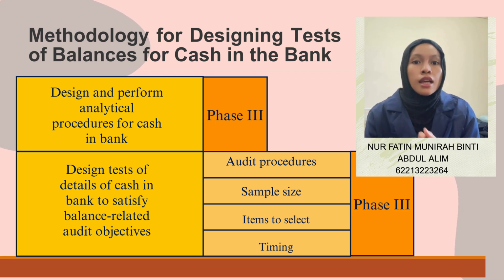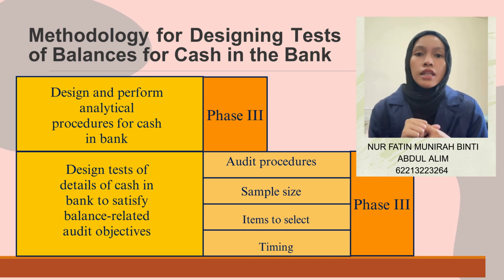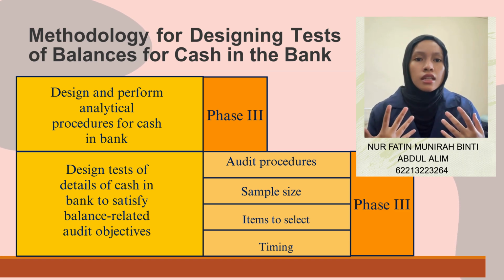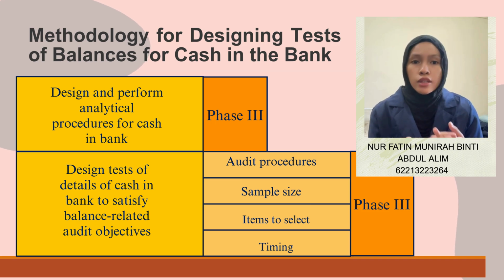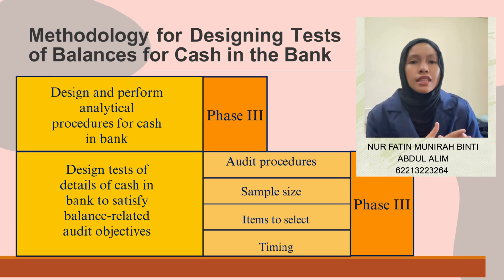with the analytical procedure. This procedure involves evaluating relationships and trends in financial data to identify any inconsistencies. For example, we might compare the cash balance at year end with prior years. If there is a sudden drop or increase that isn't explained by operations, we raise questions, or we might calculate ratios such as cash to current liabilities ratio or compare cash collections to sales revenue. This comparison can reveal issues like possible understatement of liabilities, delay in recording payments, or even fictitious cash receipts. When we find any unusual fluctuation, we follow up with more detailed testing or